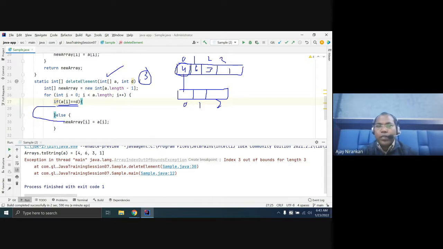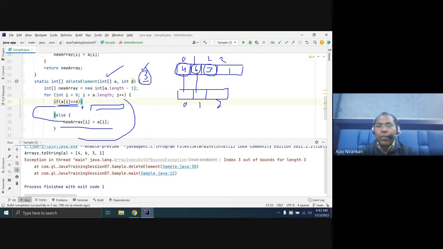Whenever the next data, 6, is matched with the 3? No. You copy one position data into the one position. No problem. Now the next data, 3. Next data 3 matches, yes, match. There it's a match, but here you are not doing anything. Just skip. So control does not go here.